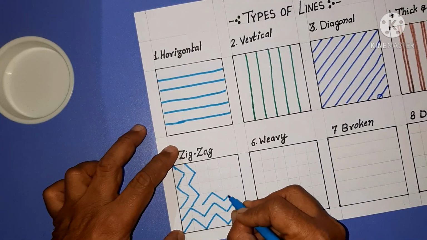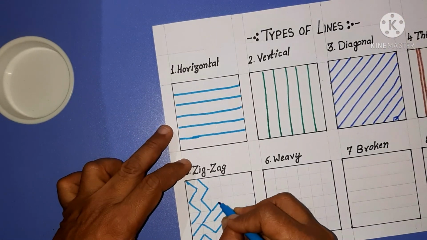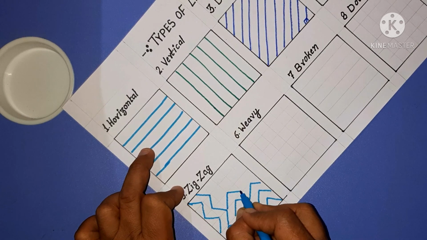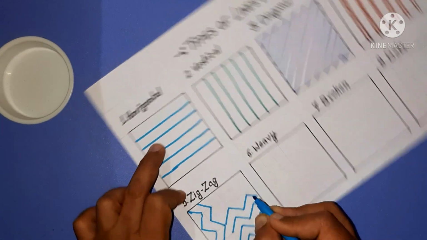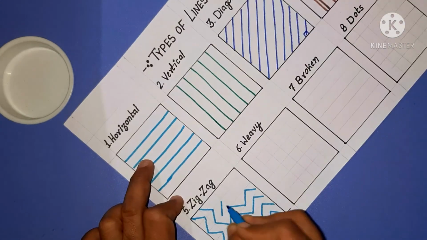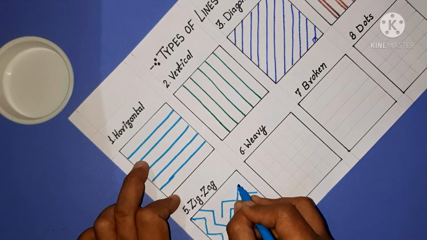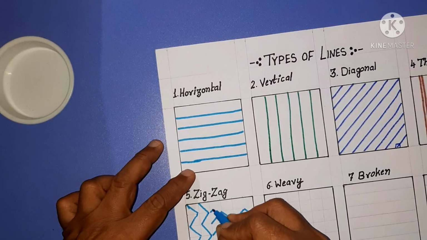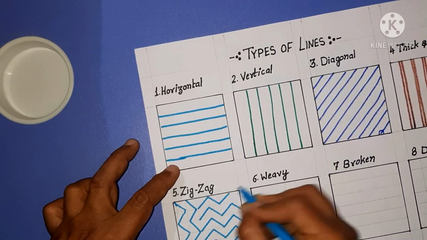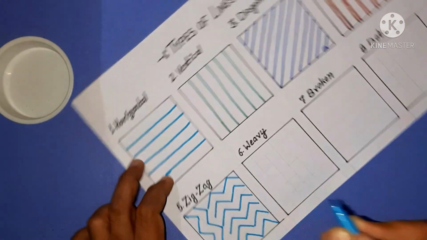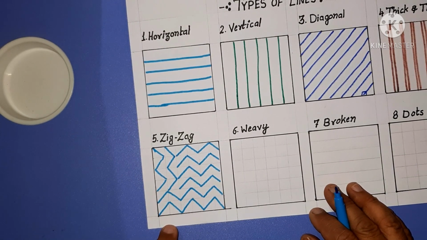So the impact of a zigzag line is always half of its original line. Suppose I am using it in horizontal, so it will create the same impact as horizontal creates, but half of it. Like suppose a horizontal line is creating the impact of 1 inch, so it will create the impact of half an inch. If you want a little impact, you may use these lines in your garments. This is the zigzag line, right?